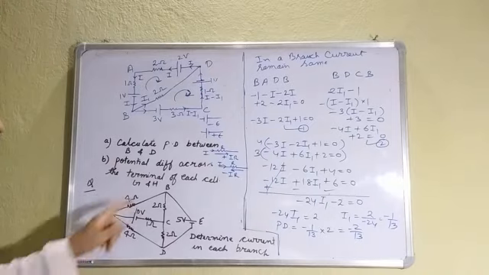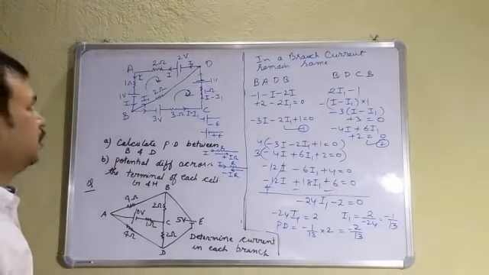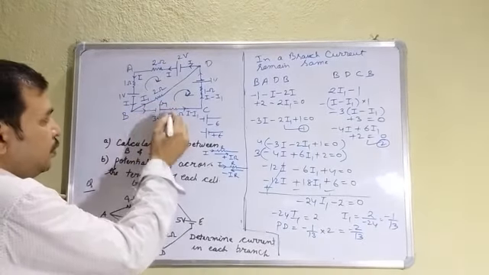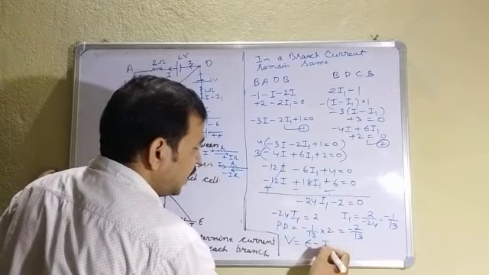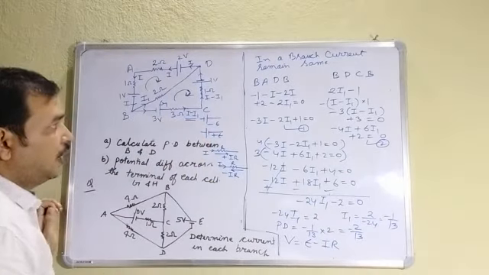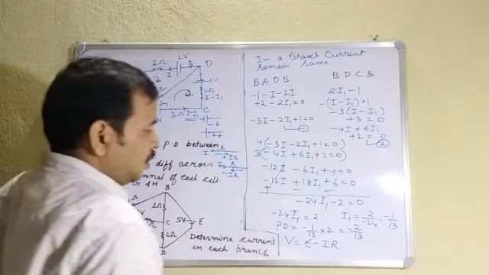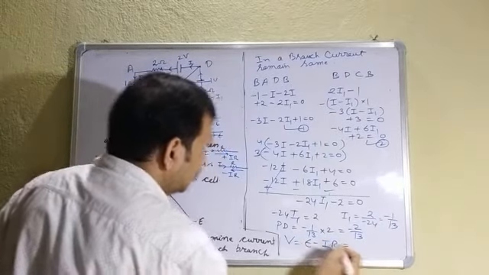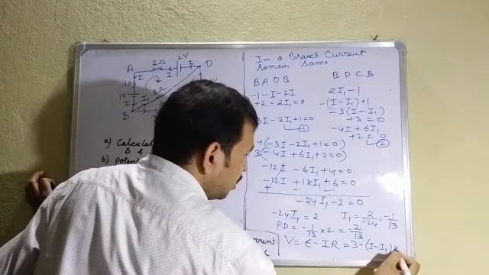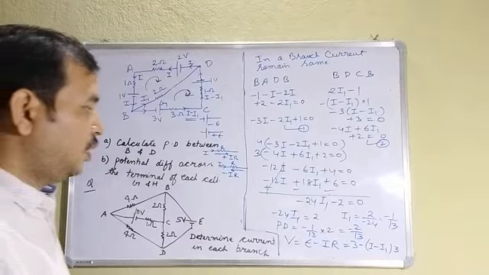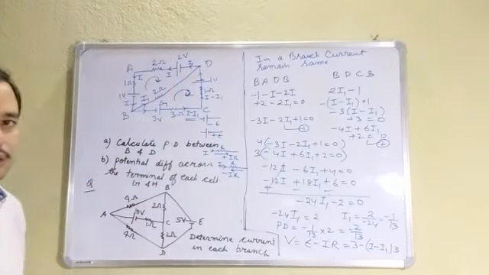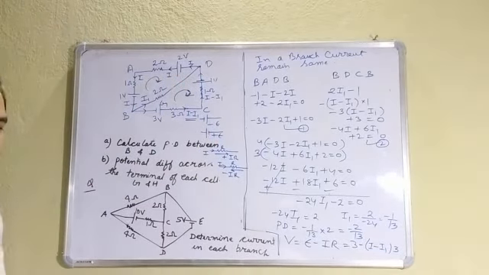Potential difference across the terminal of G and H. For G I am finding here. So G and H, suppose this is G cell. So you can see potential difference formula is E minus I into R. Here, for that you have to find this I minus I1. So I1 already you have found. You find here it is E is 3 minus I minus I1 into R. R is 3. So I1 already you have found. So you can find I from this and put the value here. You will get the result. Here you can solve yourself also.